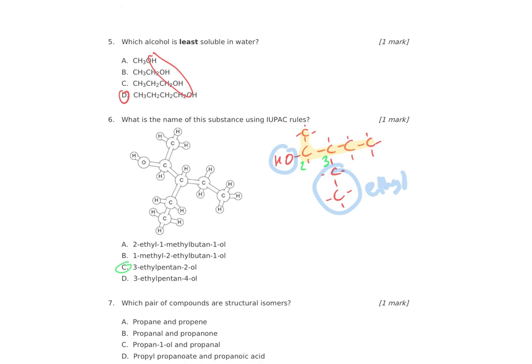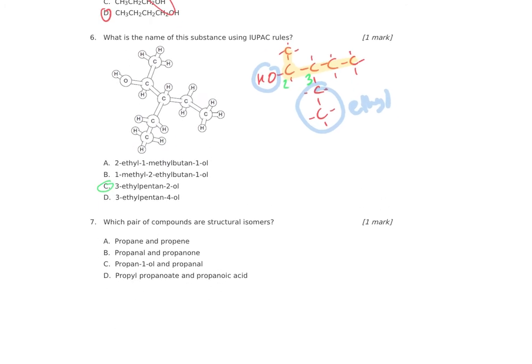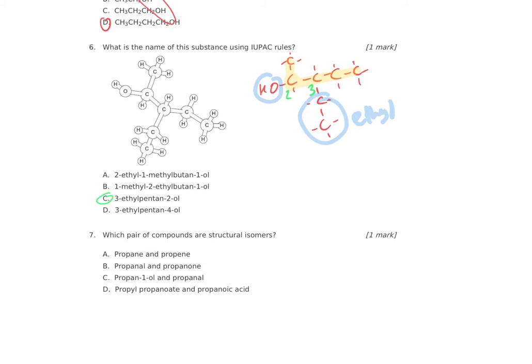Next one. Which pair of compounds are structural isomers? So remember, a structural isomer has to have the same molecular formula, so the same number of each atom,